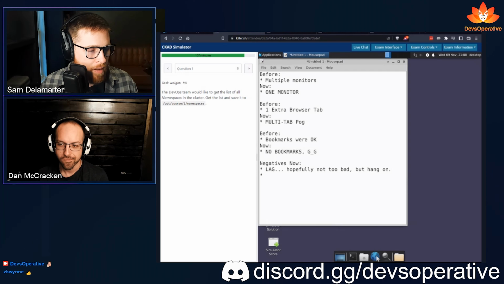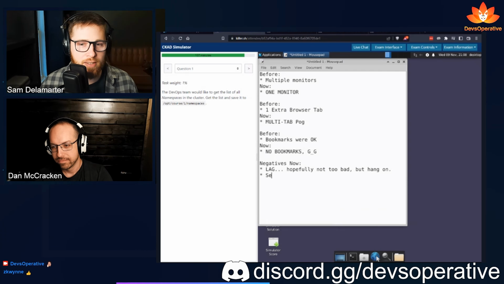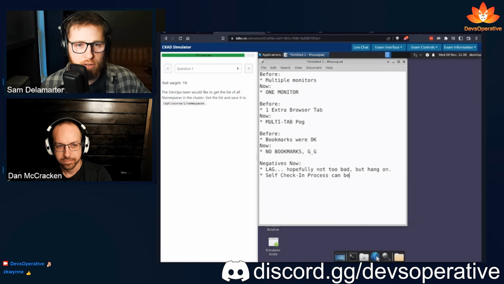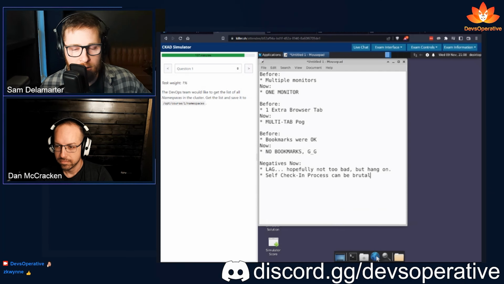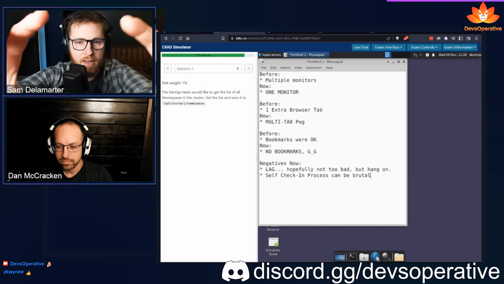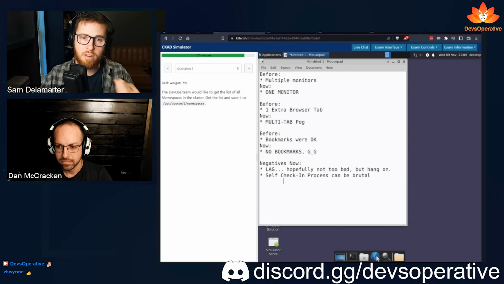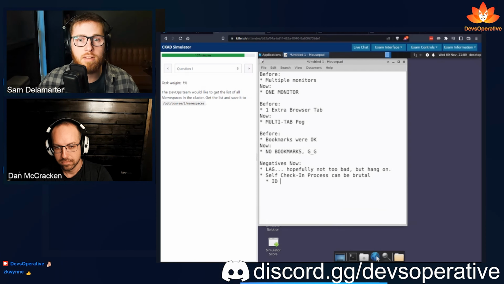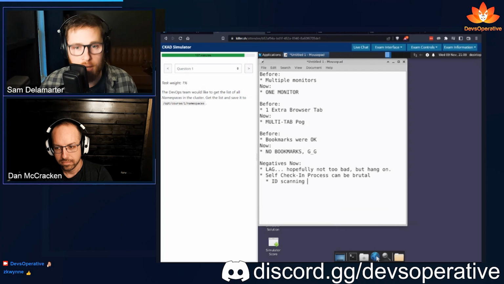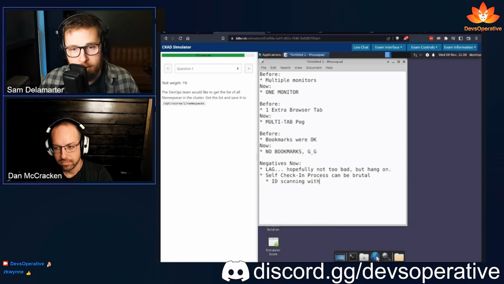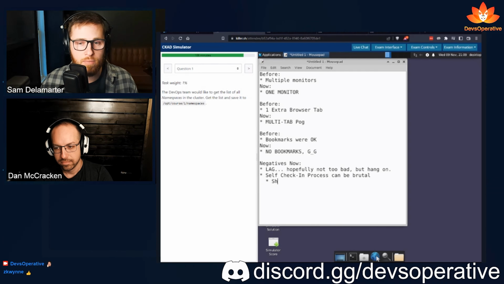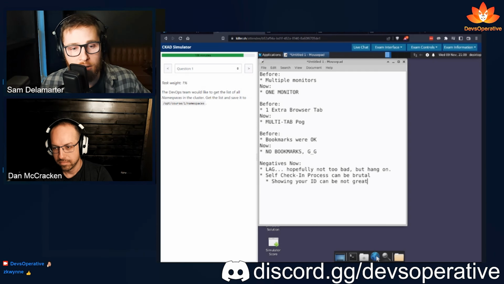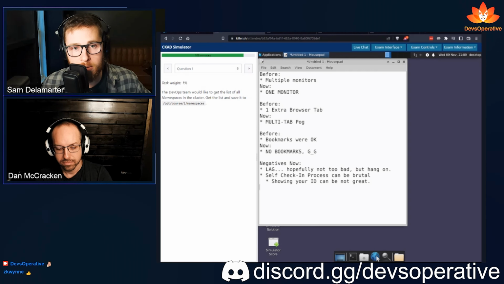The self check-in process, I mean, I say it's a negative because I had a really bad experience with it, but they've improved their check-in process. So now you can self check-in. You hold your ID up to the camera, take a little picture, you scan your room, and it gets recorded and sent to a proctor. Stuff that you used to have to wait for the proctor to join, and then you would show them. So it's kind of nice. You do that ahead of time. It should be quicker. Before you only had 15 minutes to check in, like you had to wait until 15 minutes before. Now you get 30 minutes before. Also nice.